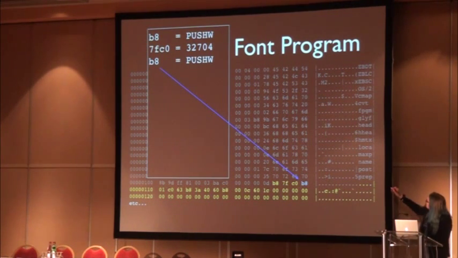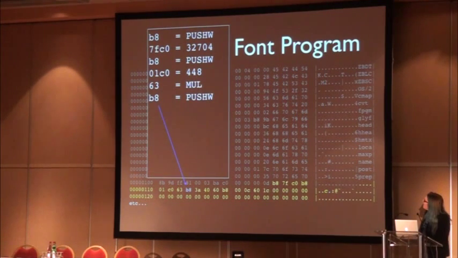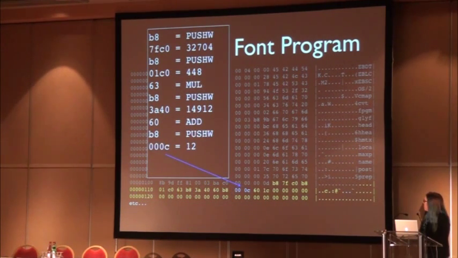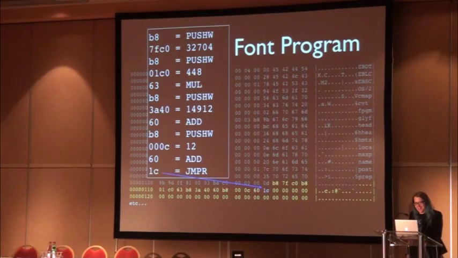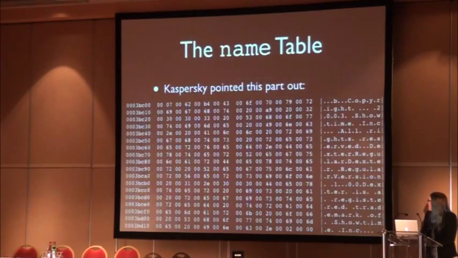So in this particular case, you can see it's a push, and it pushes that value on the stack. Then it pushes this value on the stack, and then multiplies them together. And then it pushes this other number on the stack. So the stack is like the product of these two, and now it has this thing on top of it. Then it adds those together, and then it sticks 12 on top of that, and then adds 12 to it. And I have no idea why it actually does this. This program's not actually executed by the exploit at all. I have no idea why it's here, to tell you the truth. But in any case, that's how you read it, really.